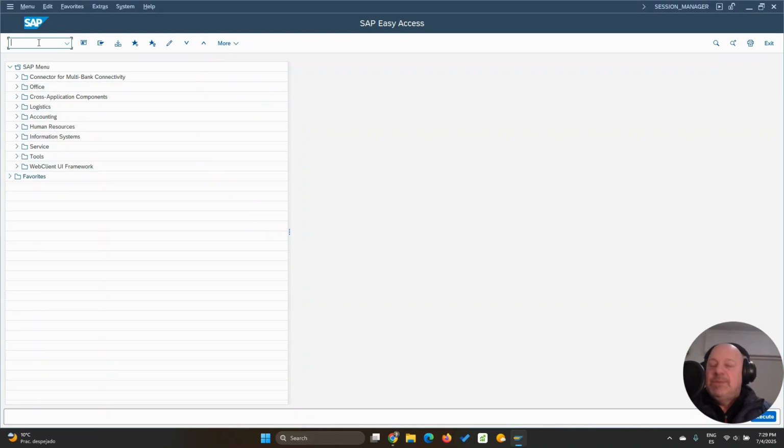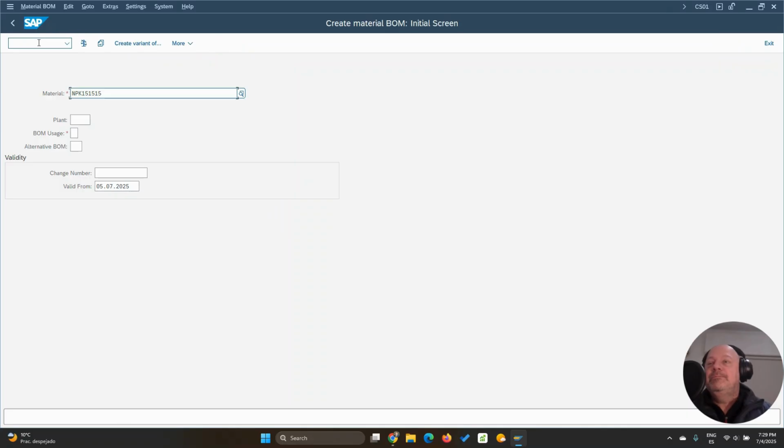Okay, let's jump into SAP demo and let's go to the CS01, as you know, for bill of material creation. The material is this one because it's the last one I have created here. Let's go for plant D01. Remove this one. The usage is production, as we mentioned before. Okay, it's one. Okay, and the alternative we're going to be creating is one